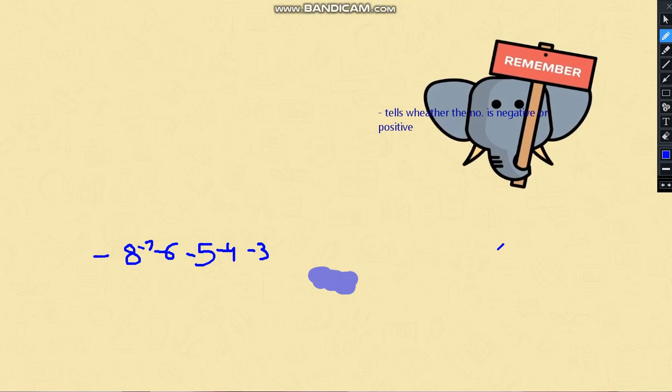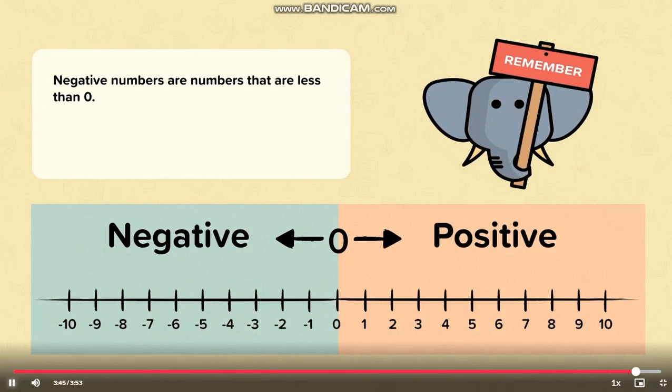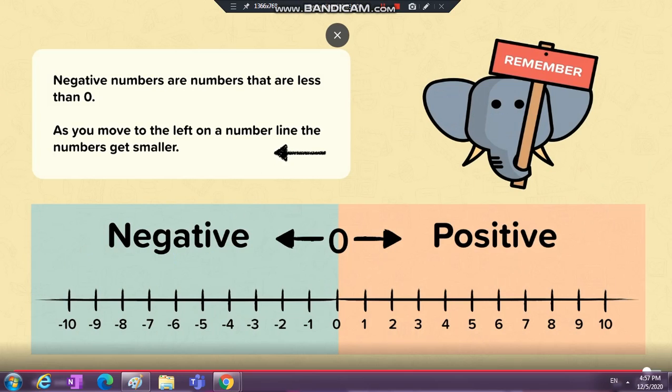So remember, negative numbers are numbers that are less than 0. As you move to the left on a number line, the number